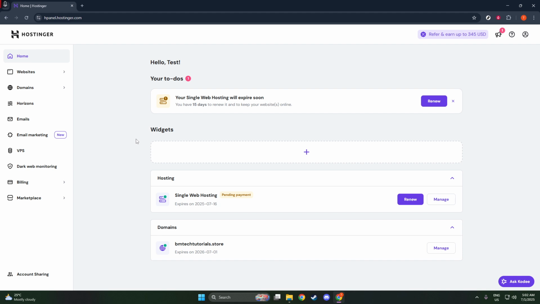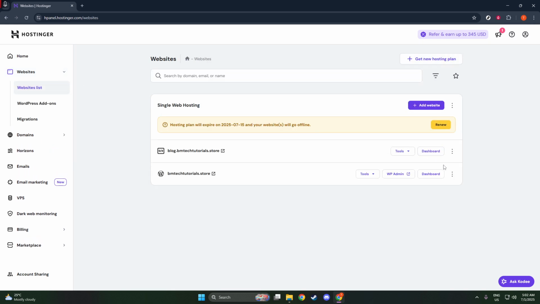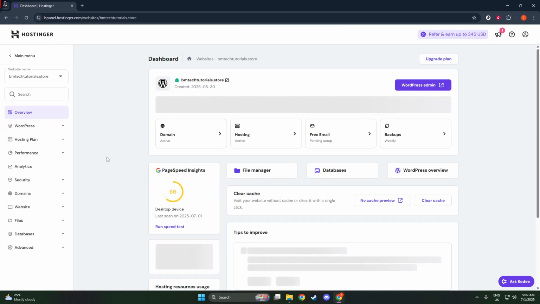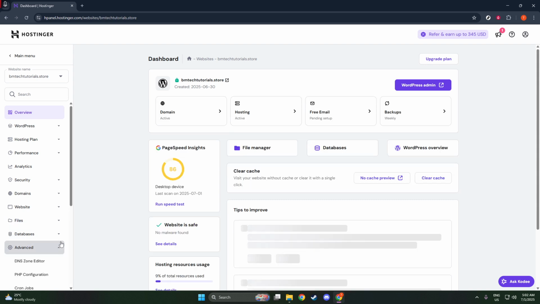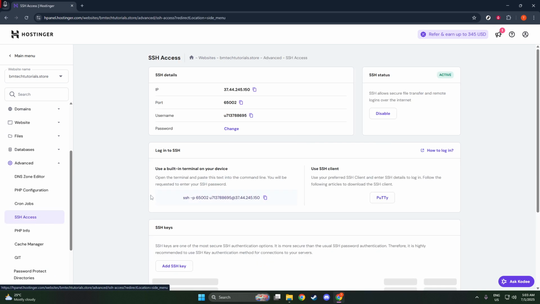Once you have your public key ready, we'll move on to enabling SSH access in Hostinger, a crucial step to ensure that your server is prepared to accept SSH connections. Begin by logging into your hPanel account on Hostinger. Once you're logged in, navigate to the Websites section and find the Manage button next to your site. Clicking this button directs you to your site's management page, where you'll see a sidebar. Look for the SSH access option and select it.